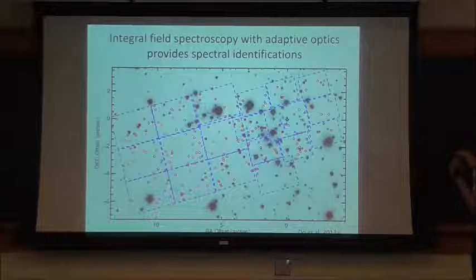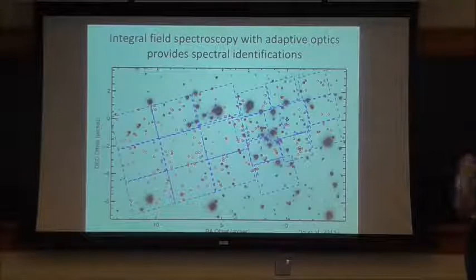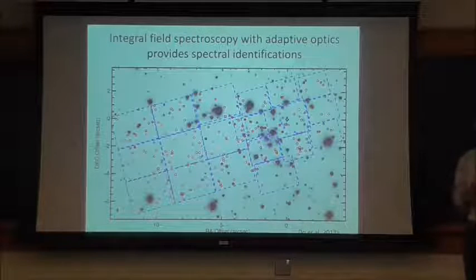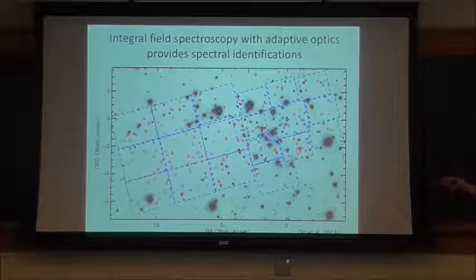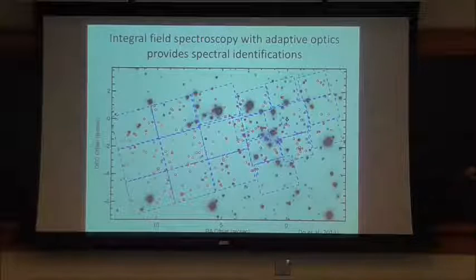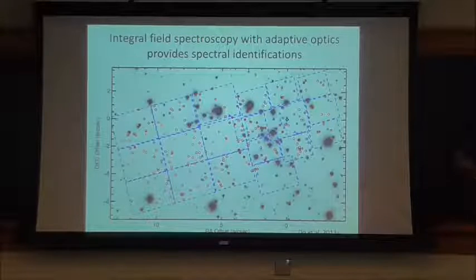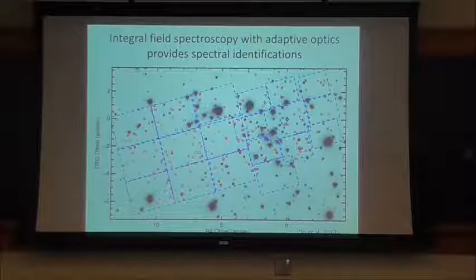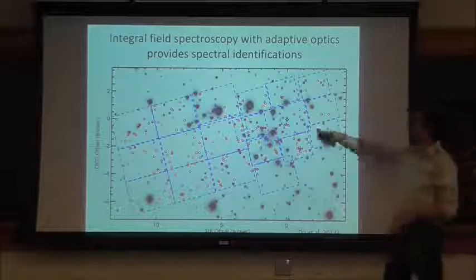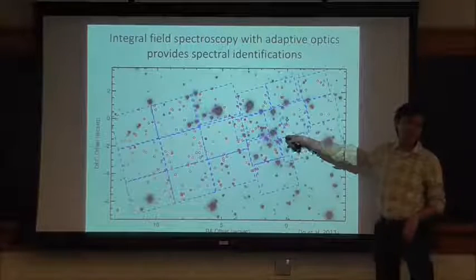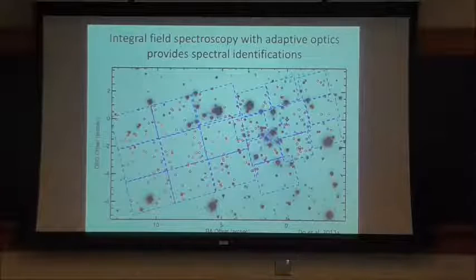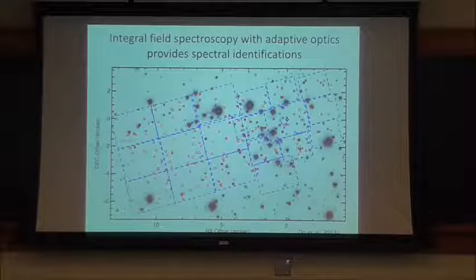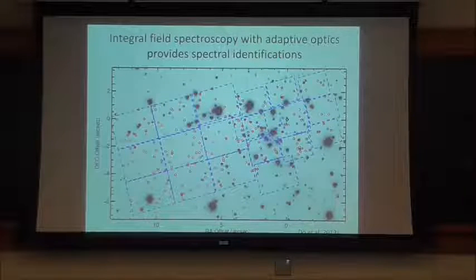So you can tell this is a time-intensive effort to map every little square of the Galactic Center this way, but you can get spectra of a lot of stars. So you can immediately tell from this image that there's a lot of young stars, and they're preferentially near the black hole, right? So this has been a long-standing problem or question in the Galactic Center of how did these